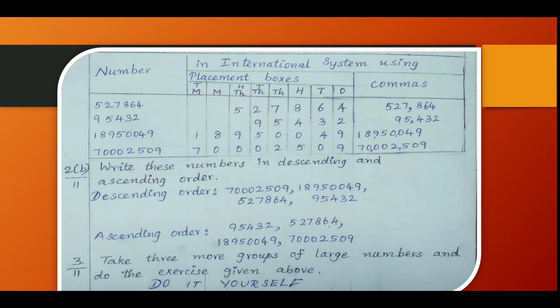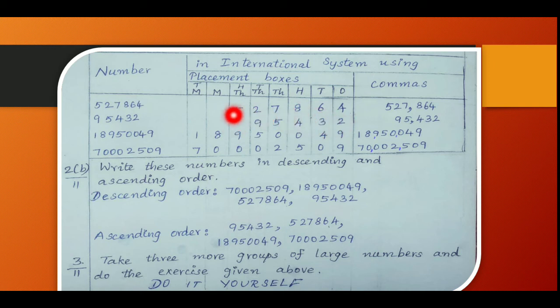Okay. Here we will be having 3 boxes with the same unit, 1,000, 10,000 and 100,000. Not with the same unit, under the same unit, with 3 different places. Million, 10 million, and the next one will be 100 million. Then billion, 10 billion, then 100 billion. In that way it will go on. Okay. So as we know very well, allot the numbers from the right in the placement boxes.